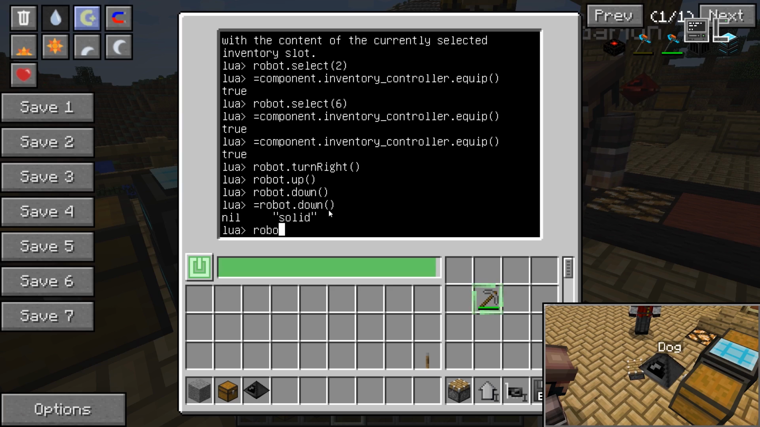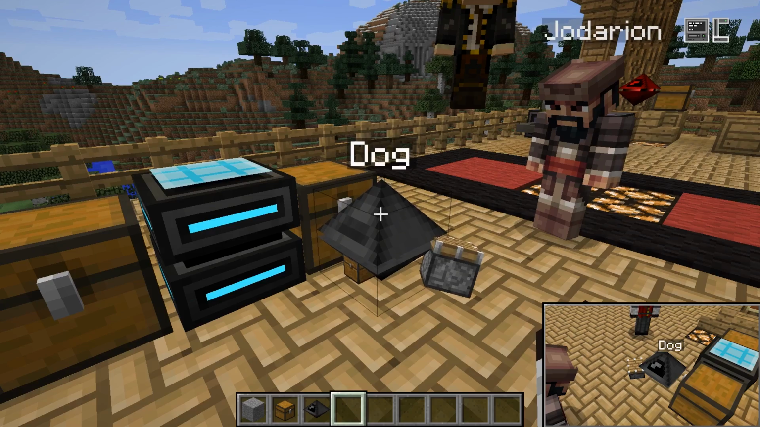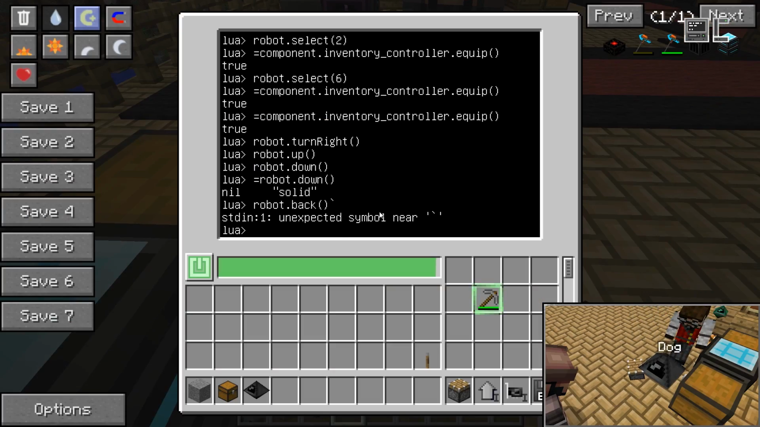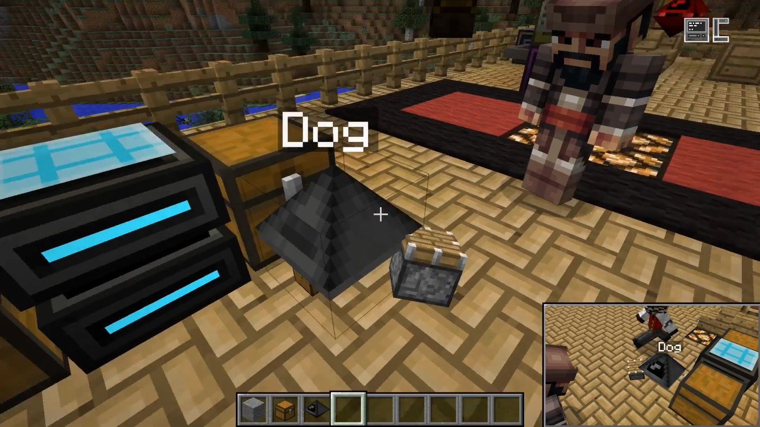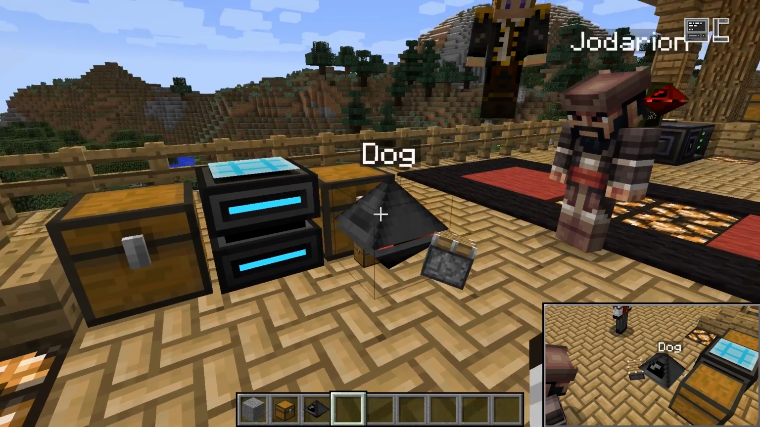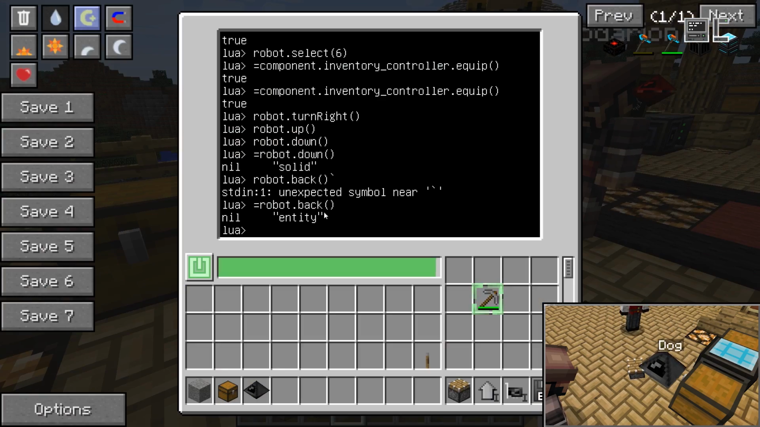If I tell it to go, let's say, back, and I stand in its way, whoops, it'll tell me there was some entity in the way. So this allows you to have some more information about what hindered the robot from moving if you need it. Right, so if I now place this piston